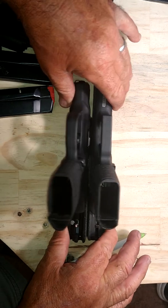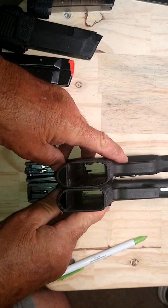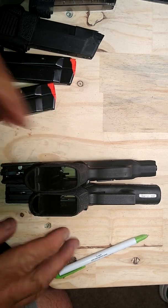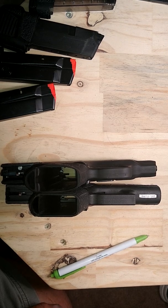I mean, you wouldn't really think that they'd be the same size, but they're pretty close to being the same size. The Shield is a little bit higher with the magazines out. But I think what's pretty interesting is